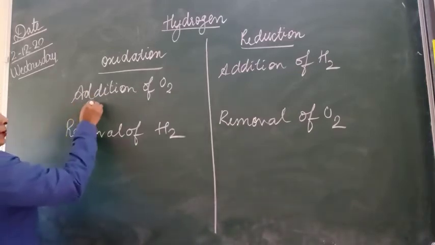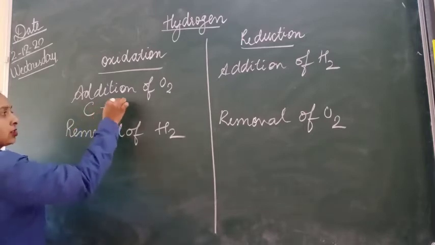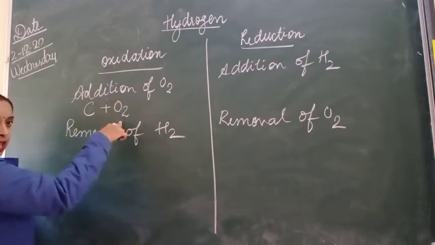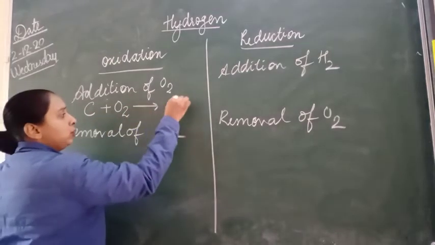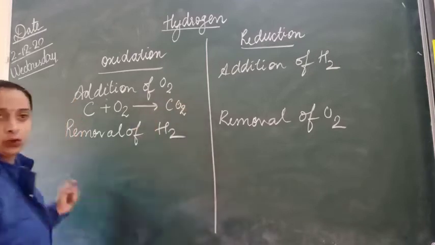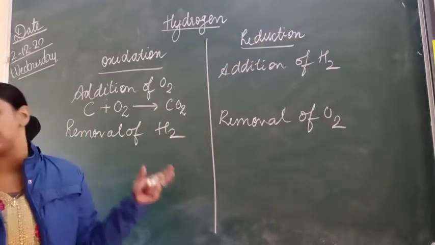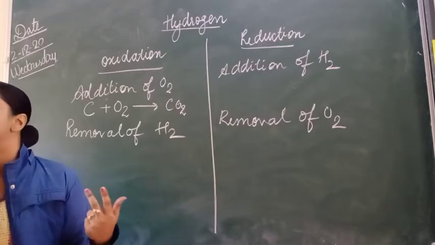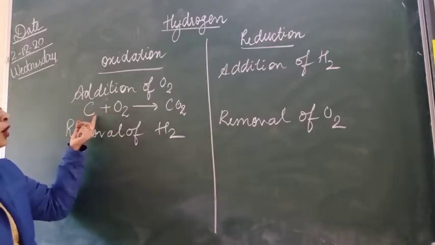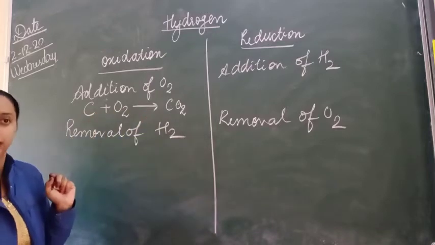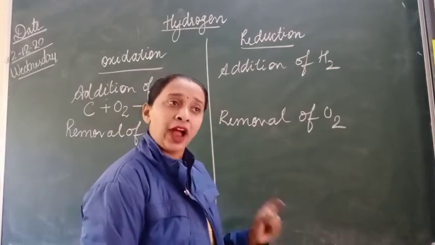Okay, so here addition of oxygen, let us take one simple example. Very simple example is carbon. Carbon you treat with oxygen. That means you burn carbon in presence of oxygen. So what will it give you? It will give you carbon dioxide gas. Yes or no? Burning process is the same process. Complete combustion is happening, it will produce carbon dioxide. So what is happening here is addition of oxygen is taking place. Yes or no?